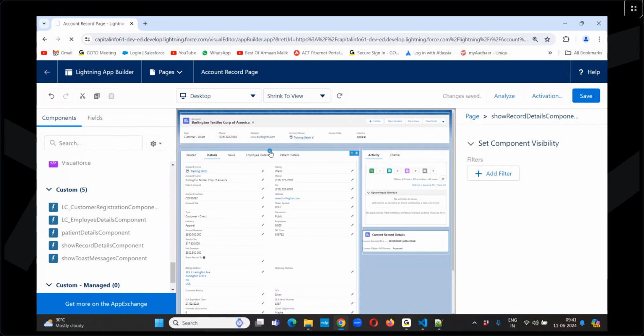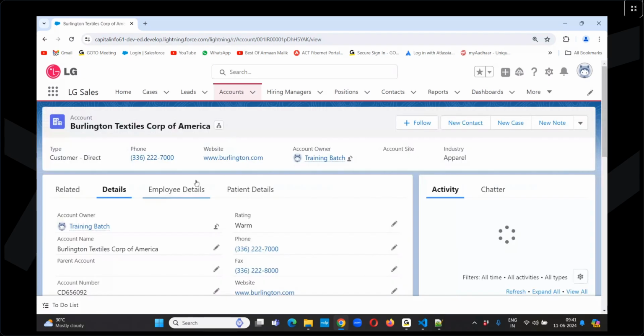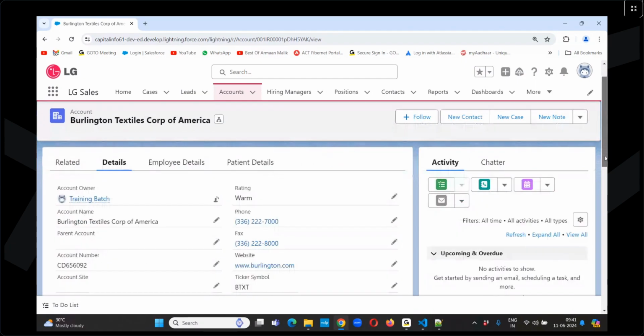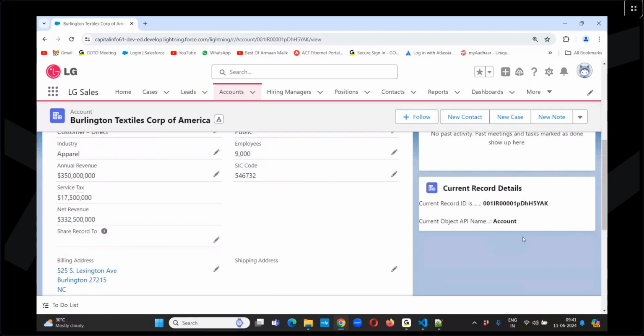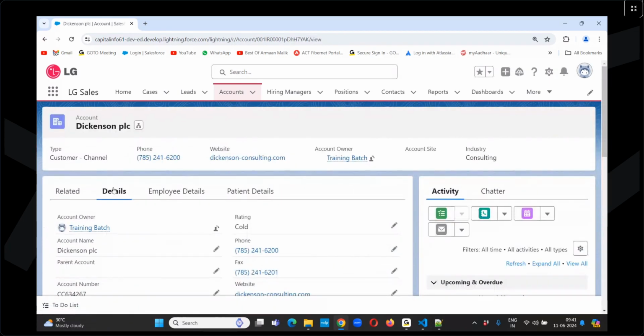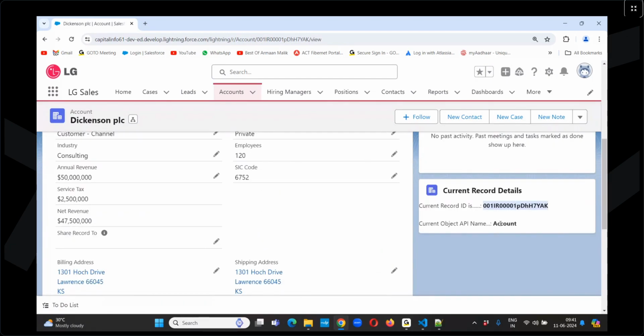Go back. Open any one of the account records, it will collect the details automatically. Whenever I'm opening this record, now it is collecting this record ID. We haven't written any code, we have just prepared those two properties. Record ID, it is collecting the record ID automatically. This is the current record ID, and then the object API name. When you go to another record, it will collect that record ID. When you go to Dickinson PLC, it will collect this record ID, and it will show that object